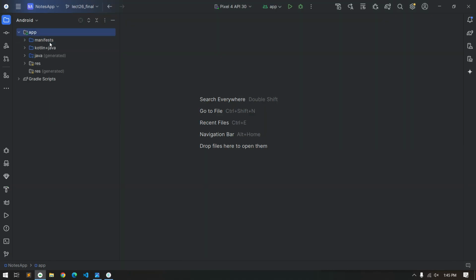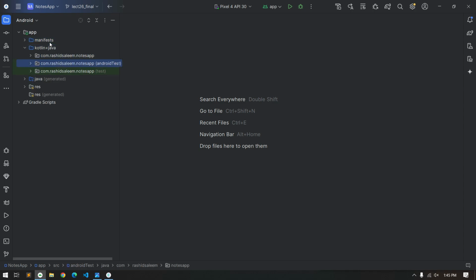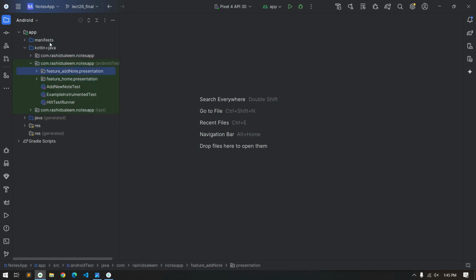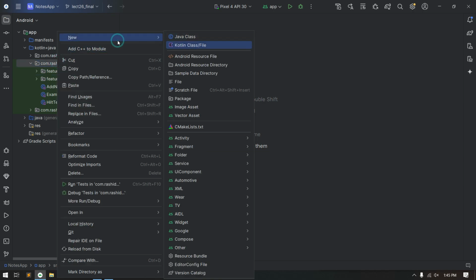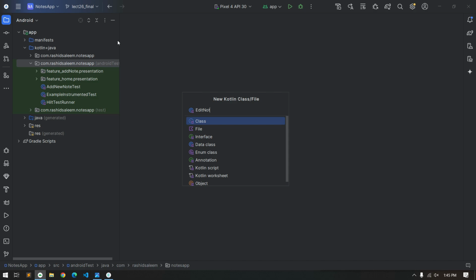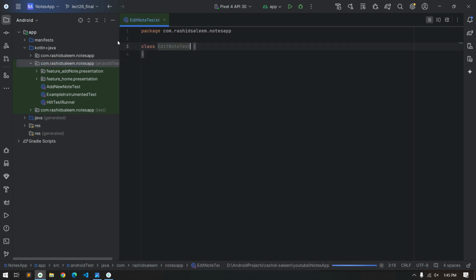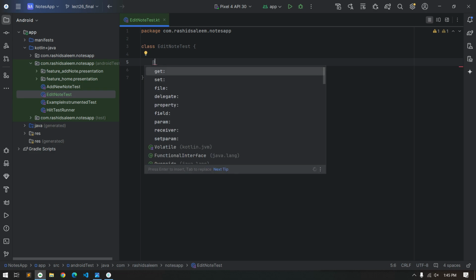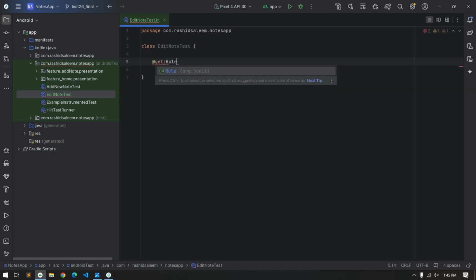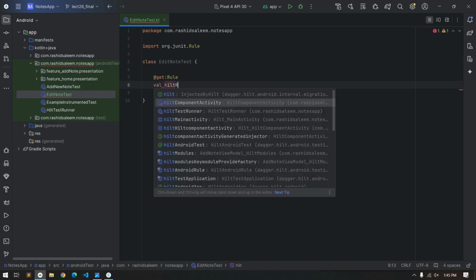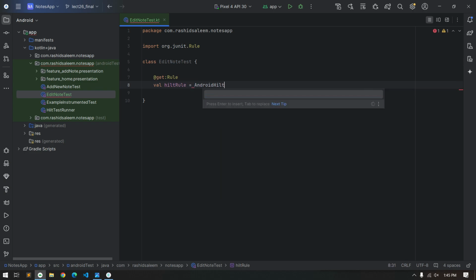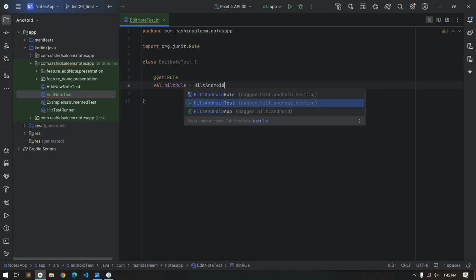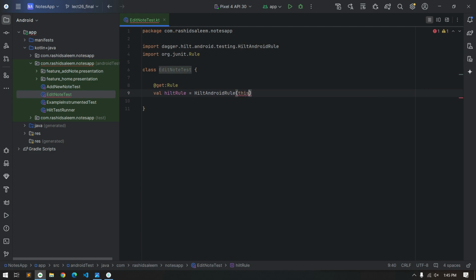Okay, so let's jump into our code. Here, in our Android test source set, we will create a file named EditNoteTest. This will be a class, and we do some initial things to make it work with Hilt and Compose. So for that we will first define a rule, the Hilt Android rule, and